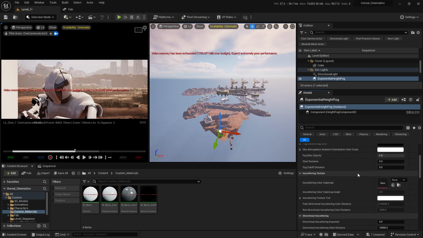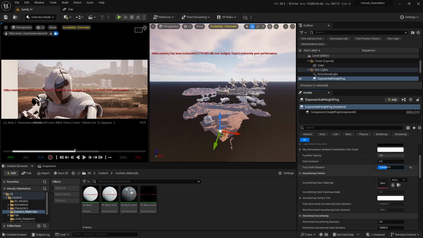Next up in here, we have the fog cutoff distance. You can now see if I bring the slider up, we have this sort of cutoff of the fog in here, somewhere around here. You can see this very visible seam line. Let me show you the difference. So I don't really know in what situations you'd like to tweak that, but I'm just going to keep this